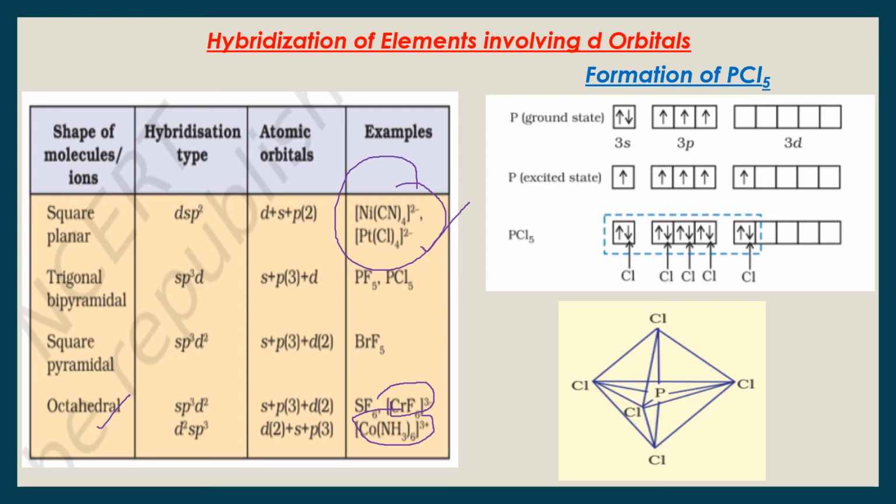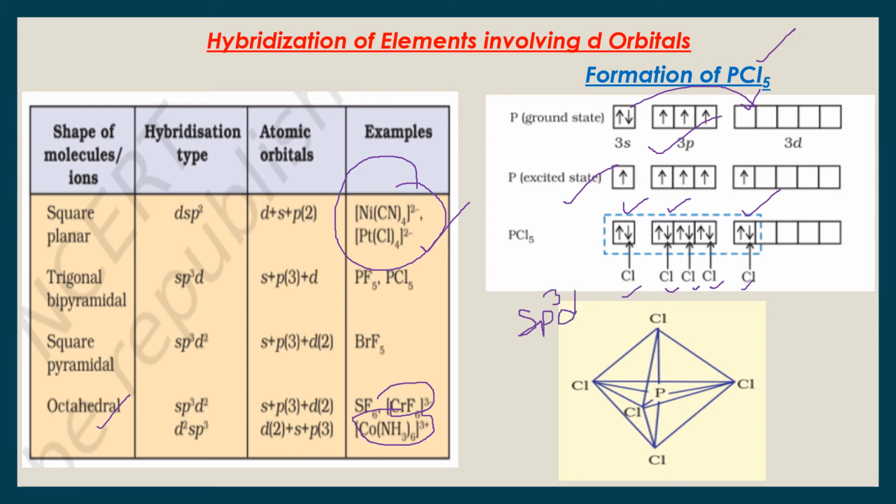So here I'm explaining simple examples like PCl5. P is in the center, phosphorus. This is the configuration. It has to make 5 bonds, so promotion has to take place from here to here. So this is the excited state of phosphorus, and you can see that each chlorine is coming and sharing 1 electron each with the orbitals, hybridized orbitals. So hybridized orbitals are 1s, 3p and 1d, sp3d. Whenever you have 5 single bonds, it has to be sp3d.